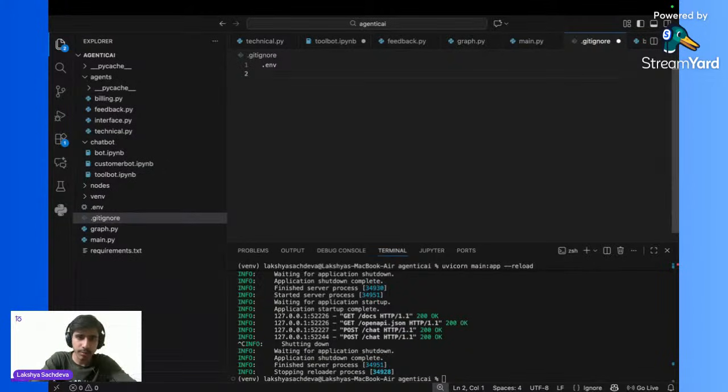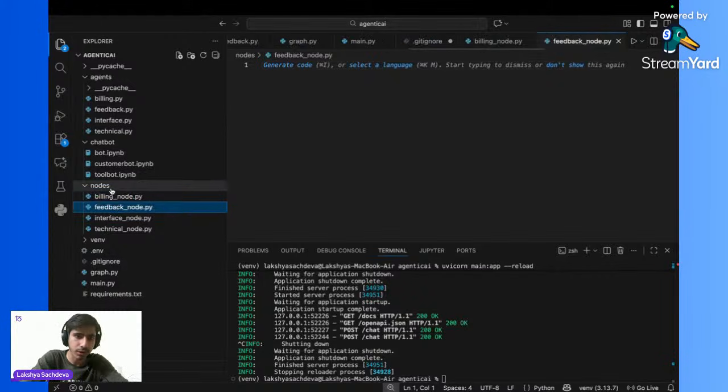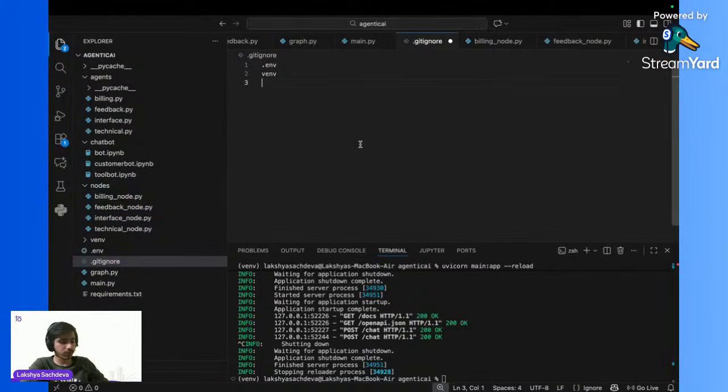Next I'm going to write venv. Next, actually I don't need this notes folder as well, because I haven't used this notes folder. So I am going to give this notes folder under my dot gitignore. So I will write notes slash,